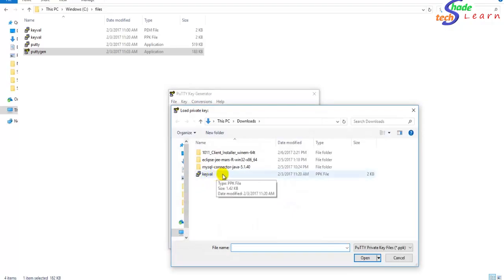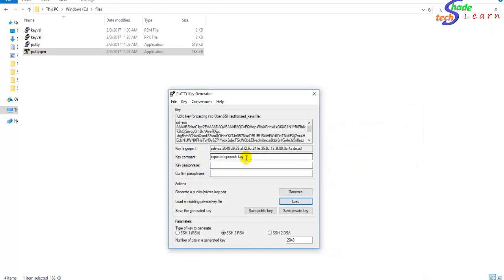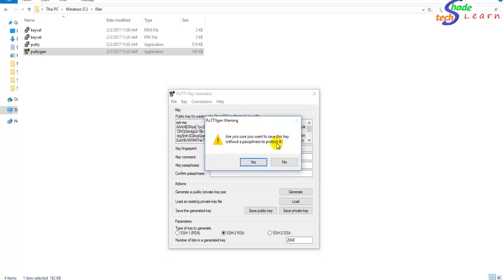You can see the keyval file is there, and it is a ppk private key file. Select it. You can give it a name, I'll say open keyval, and this is okay. Once you have loaded the file, you can go to conversions. You can say export OpenSSH key. When you give this, it will just export it. So again, let's say export OpenSSH key. It will say, are you sure you want to save this key without a passphrase to protect it? You can